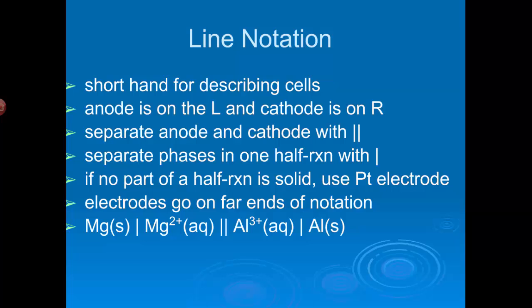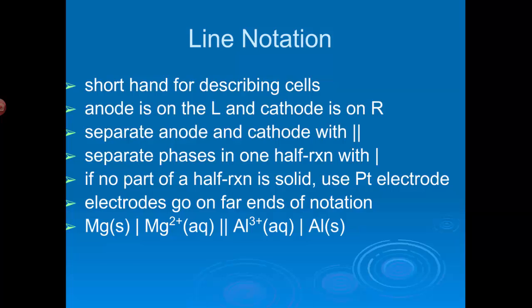And on the other side, I have a solution of aluminum ions with an aluminum electrode, solid metal, stuck in that aluminum ion solution. Well, that's the cathode, and reduction happens at the cathode, red cat. And so reduction is going to be aluminum 3 plus gaining electrons to become solid aluminum metal. And that solid aluminum metal is going to stick to the piece of aluminum that's already sitting in my solution,